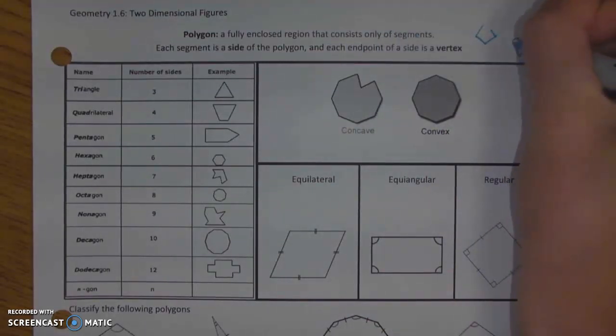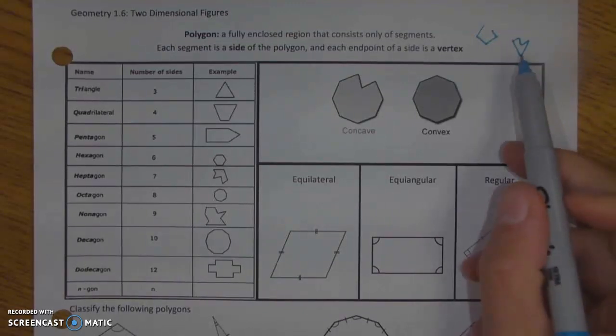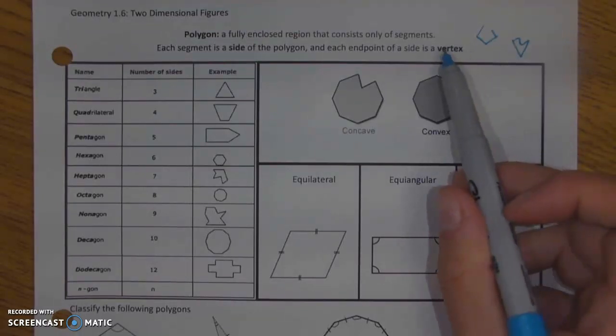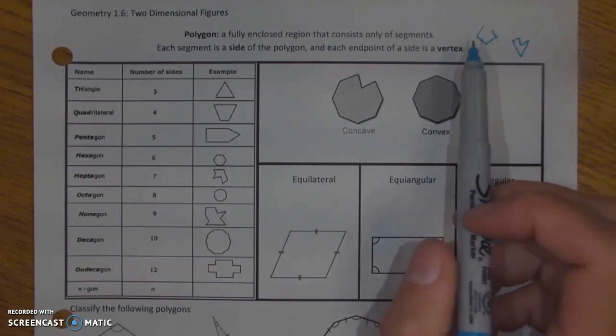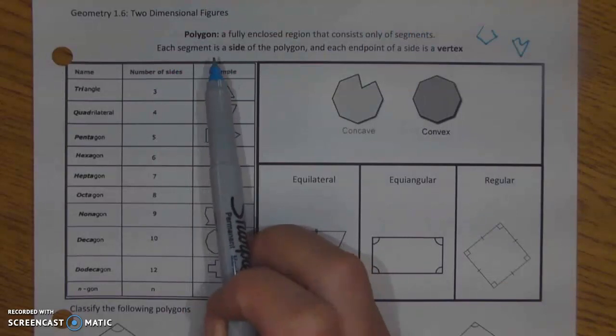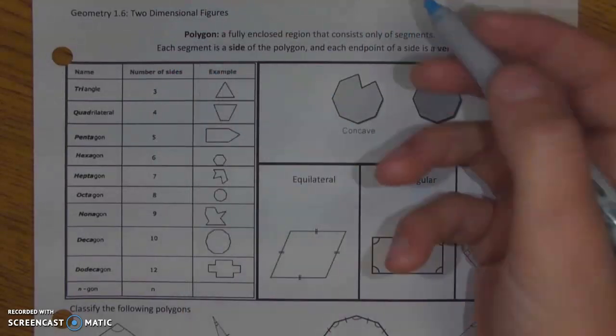not be something like this. That's not a polygon because those aren't segments, that's a curve. The only exemption to this is a circle, which technically is just a series of vertices rather than a curved line. Now with this, each side is going to be a segment,